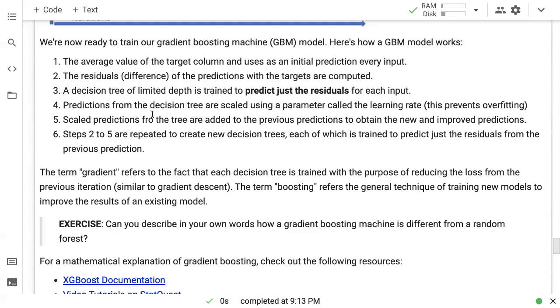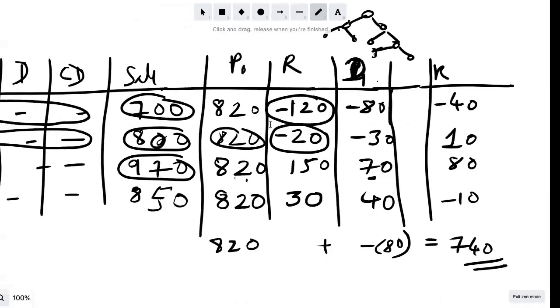Then those scaled predictions from the decision tree are added to the previous predictions to obtain the new and improved predictions for that particular row. And then steps 2 to 5 are repeated to create new decision trees, each of which is trained to predict just the residuals from the previous prediction. Okay, so that's how a GBM works. And let me talk about scaling now.